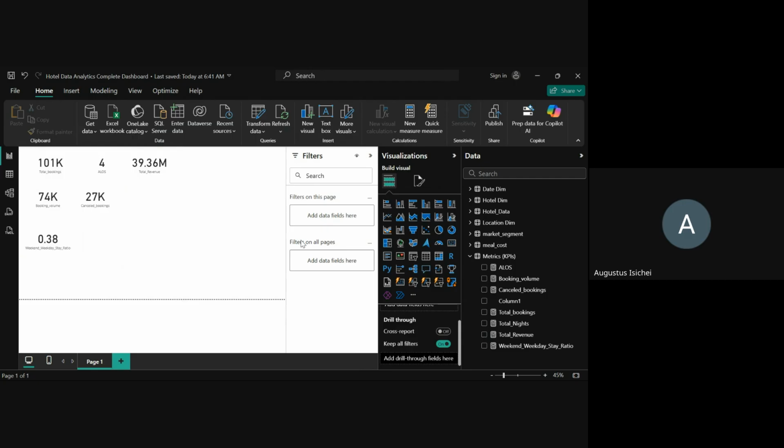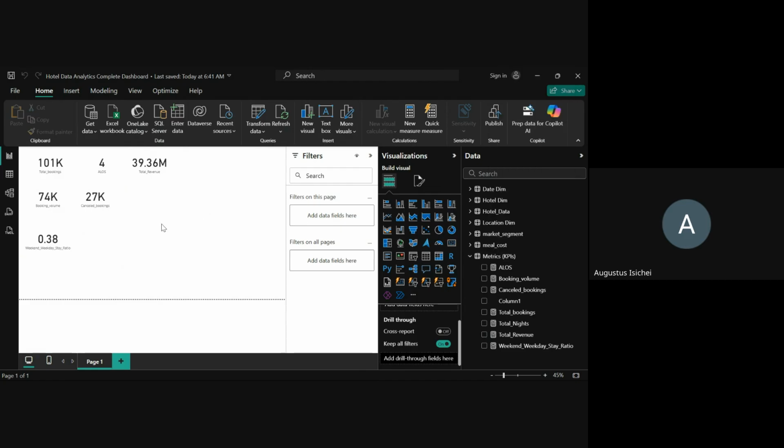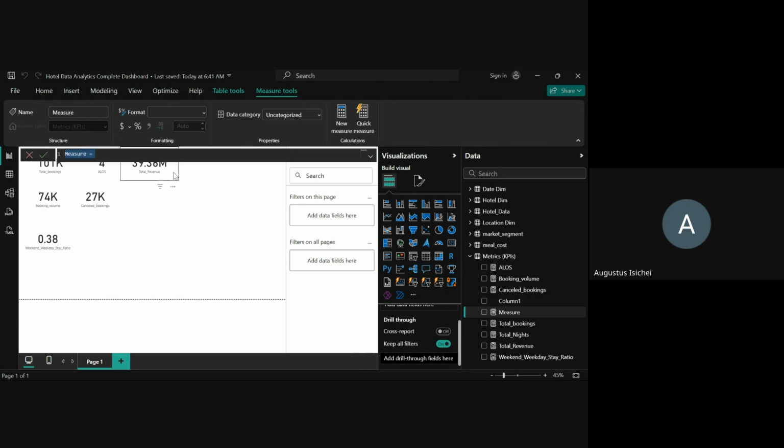So for our average daily rate, let's right click, new measure, average daily rate equal to, so this average daily rate ADR will be equal to, I know we have an ADR